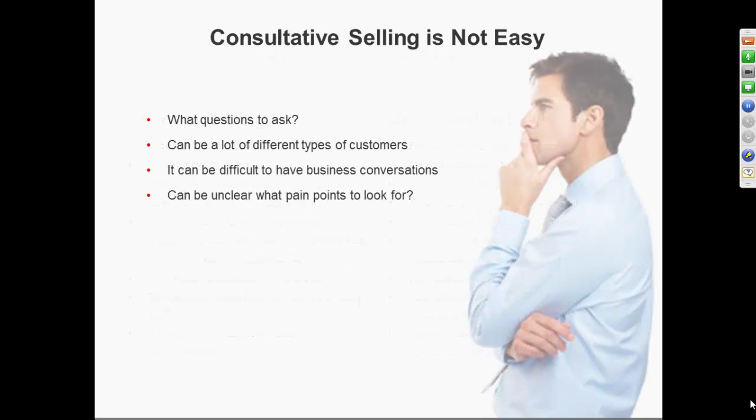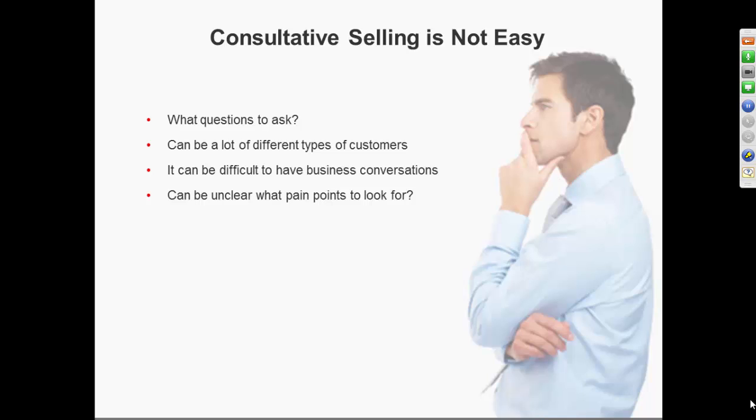What I also want to point out is that consultative selling is not easy. I'm going to provide you direction here today that makes it easier, but you still have to use your brain a little bit. The reason why it's not easy is because it involves asking a lot of questions, right? Being a consultant is about asking questions, whatever consulting role you're in. So you may be listening to this and say, well, I ask questions. Well, you might not be asking the right questions. But either way, it's not as easy to ask questions, and good questions, as it is to just talk about the product.